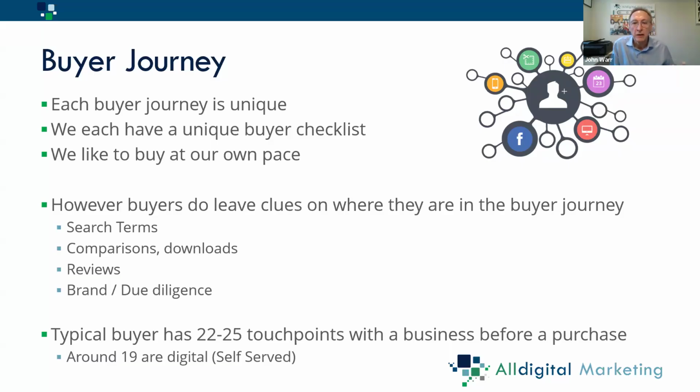So on average, a customer will engage with your brand 22 to 25 times before making a purchase, particularly if it's a slightly long, more thought through purchase, and often will do so without speaking to your sales team. So quite often, 19 of them are self-served. There are touch points that are digital, they're self-driven, and this is part of a shift. So the challenge today is, how as a marketer do you get to track or understand those 22 to 25 touch points and where people touch your business?